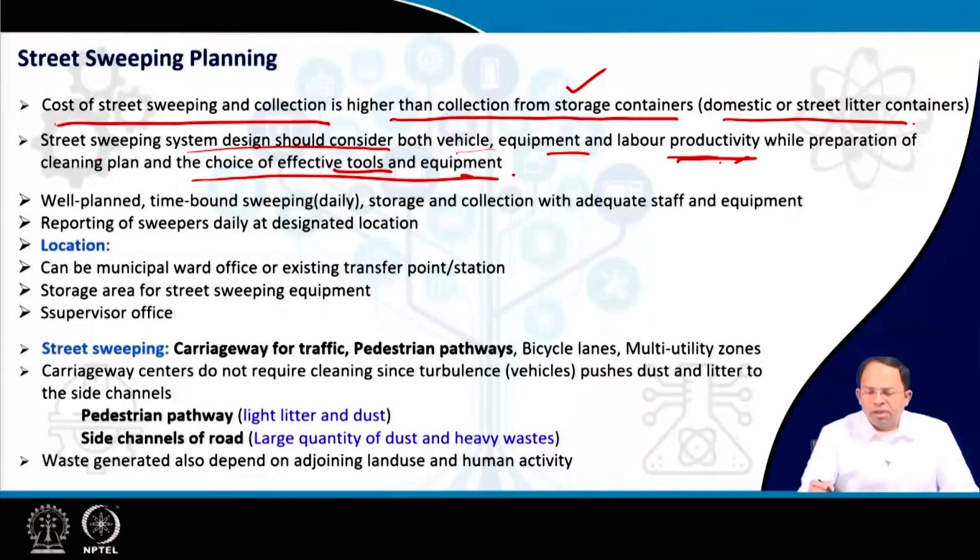Sometimes, if the area is very dense, we have discussed labor and vehicle productivity earlier for solid waste collection. The same concept also applies here. When we have a road stretch that is very dense, with a lot of waste generated in the streets, my wheelbarrow will get filled very fast. And whenever it gets filled, I have to take it to the point of disposal. An alternate way is to use a street cleaning vehicle or mechanical vehicle, which can cover a larger section of the street,